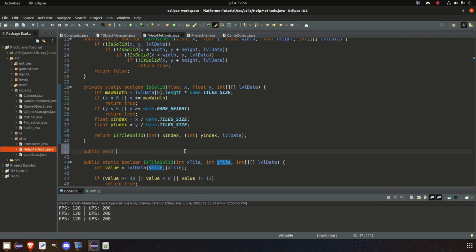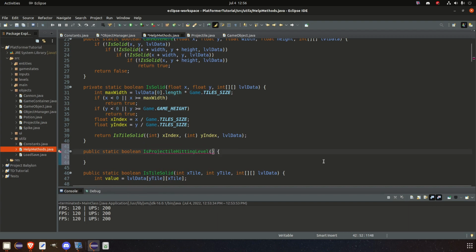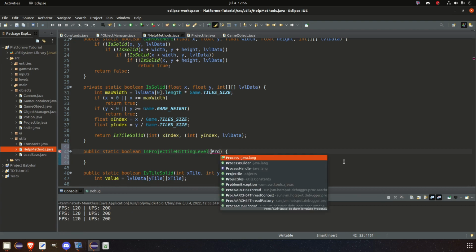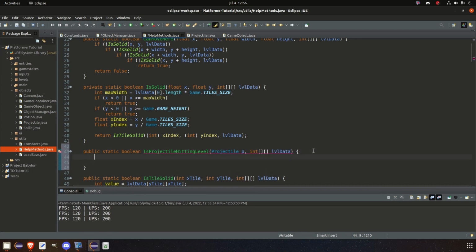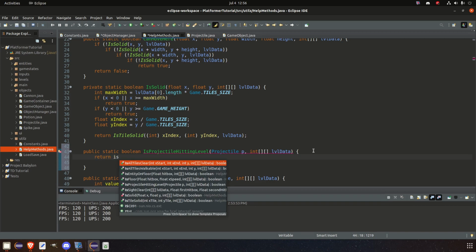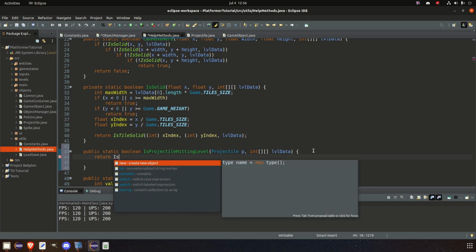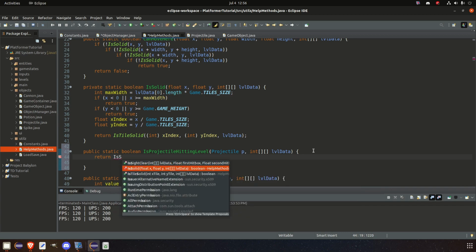Public void, no, public boolean, public static boolean, my bad. Is projectile hitting level? Adding brackets, and first we have the projectile, I think. Yes, projectile p, and then I'm just going to copy this, the level data. Return, is it not called is solid? Is solid,